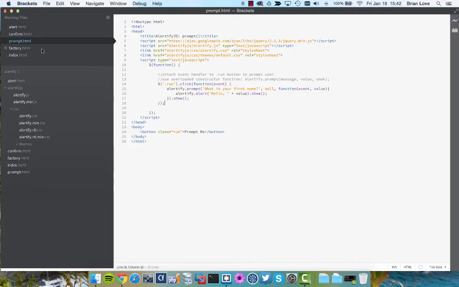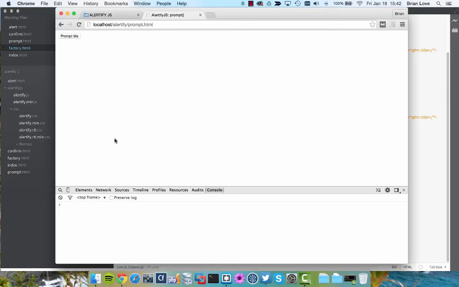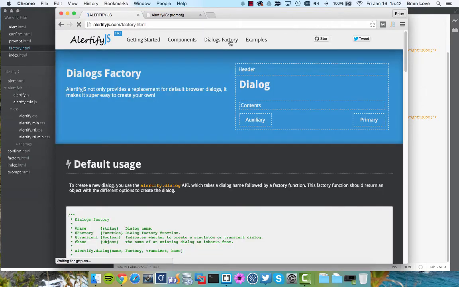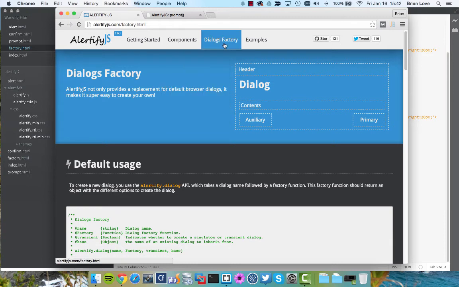Now let's take a look at the factory. And before I do that, let me just jump over real quick to the documentation again. And this is a really well laid out documentation. So you can see that the dialog factory kind of extends the functionality of AlertifyJS. And it's also important to know that the components that we were looking at previously, the alert, confirm, and prompt components, are actually built using the dialog factory. So in this instance, we're just creating our own Alertify dialog, so to speak, that we can then reuse throughout our application code. So the dialog factory allows us to create our own dialogs, and you can see here that